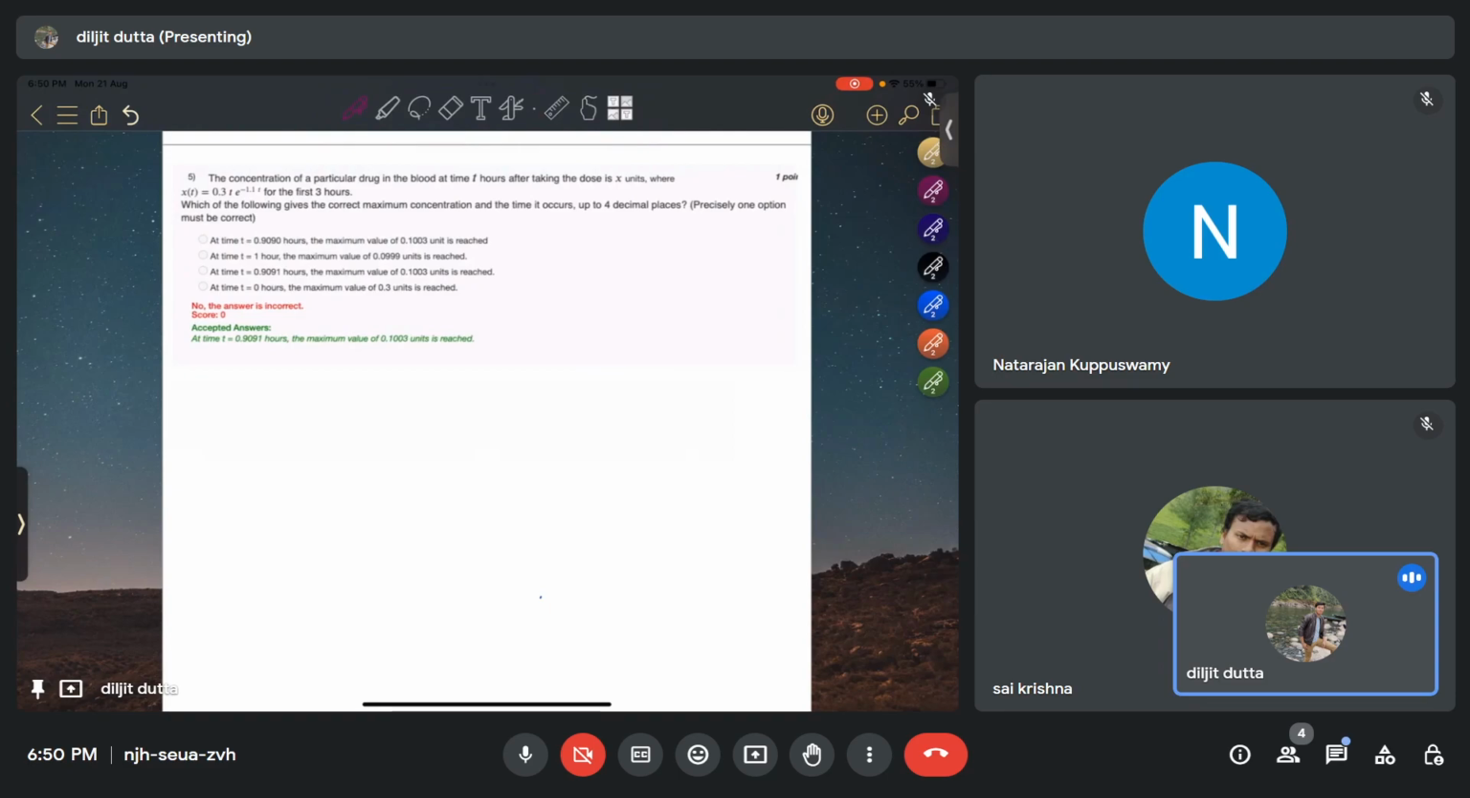Which of the following gives the correct maximum concentration and the time it occurs, up to 4 decimal places? To get the time, we have to do the maximization of this problem. To get the maximum, again we have to take x dash of this: the derivative of this function should be equal to 0 and the double derivative should be less than 0. So our x of t is given as 0.3 t,